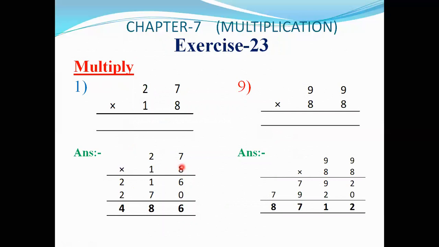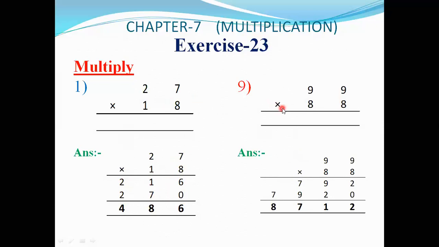When we multiply 8 by 7, we get 56. 5 is carry over. 8 times 1 is 8, and when we add 5, we get 21. And now there is the tens place, so we write the 0 under the ones column. And now multiply 1 by 7, we get 7. And 1 by 2, we write under the hundreds column. And now adding both of them, 6 plus 0 is 6, 1 plus 7 is 8, and 2 plus 2 is equal to 4. Okay.